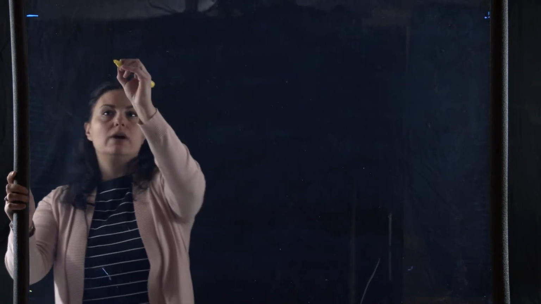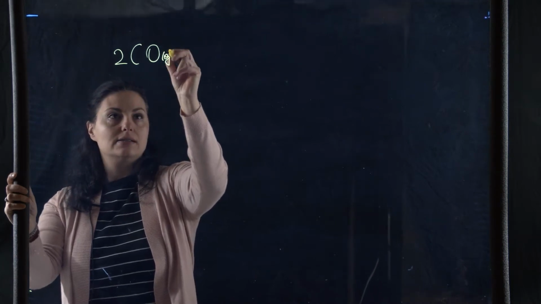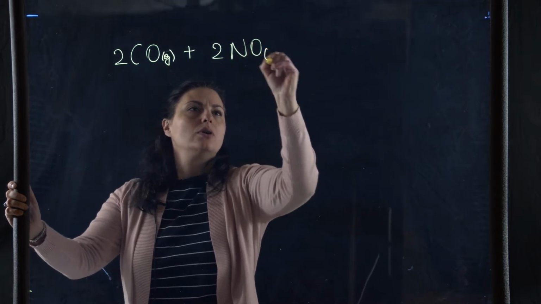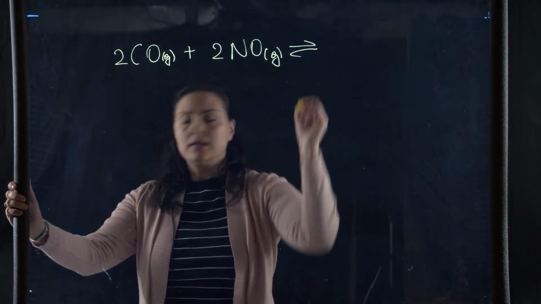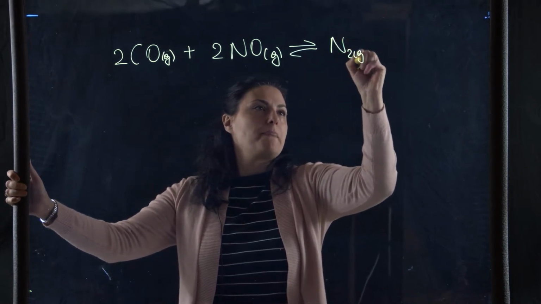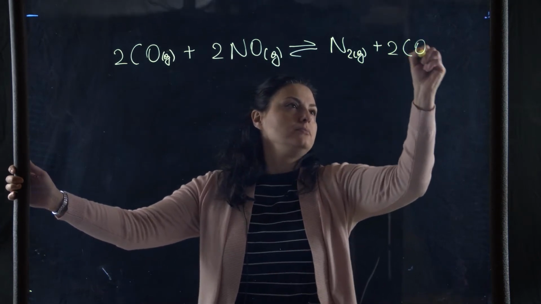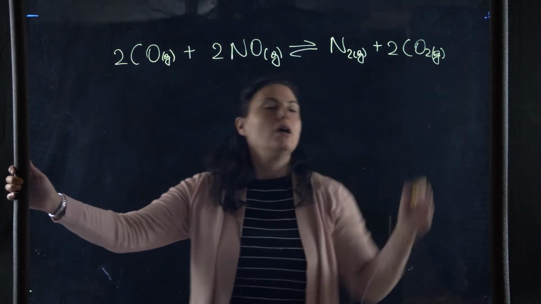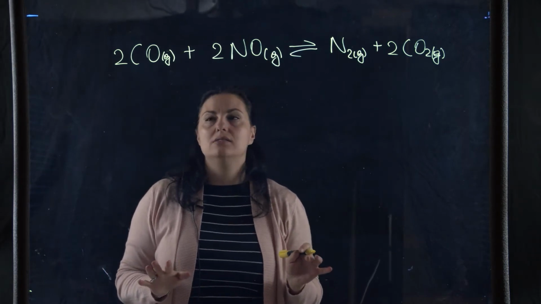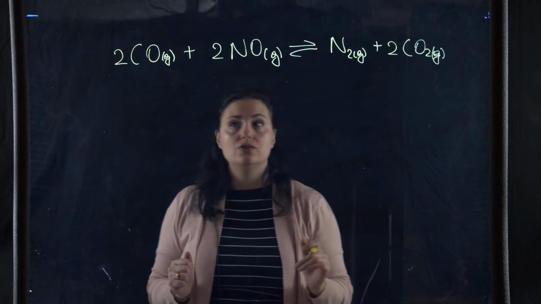Let's look at the first one. I have 2CO gas plus 2NO gas, giving me N2 gas plus 2CO2. Okay, now if I look at this, everything is balanced. So I don't need to balance it, but that's the first thing you need to do, is make sure that